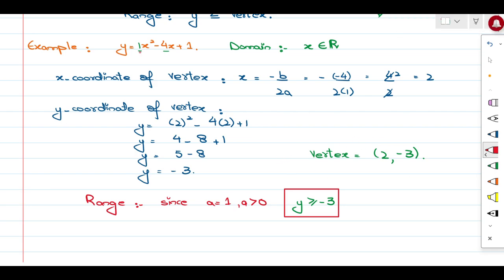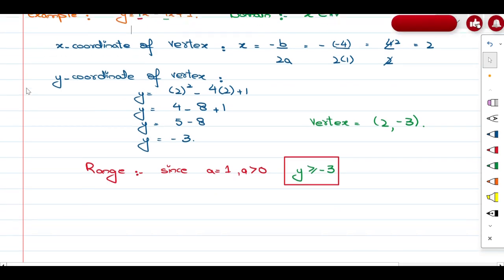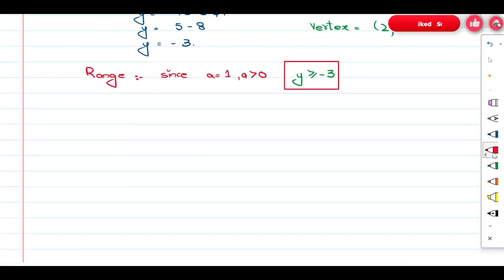After that, look at your a value. A value is basically the coefficient of x square. When a value is positive, your range is greater than or equal to the y coordinate of the vertex. When a value is negative, your range is less than or equal to the y coordinate of the vertex. That's it. I hope you get how to figure out the domain and range of the standard form, right? Now let me move to the second form, which is the